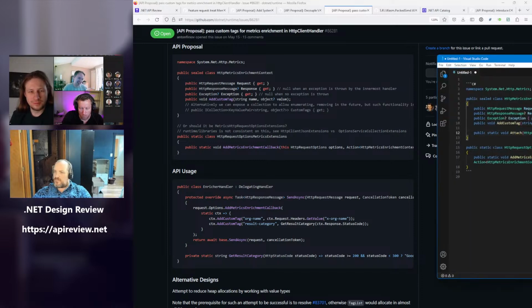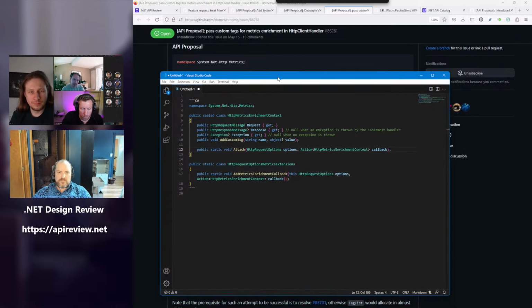Am I correct that we expect the number of people that are going to call this method can be counted on one hand? Maybe even the number of call sites to this method can be counted on one hand. That's my opinion, at least. I think James seems to have a broader notion of where this might be called. I'm expecting the one-hand set of callers.